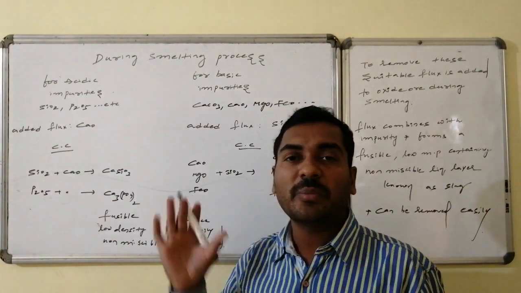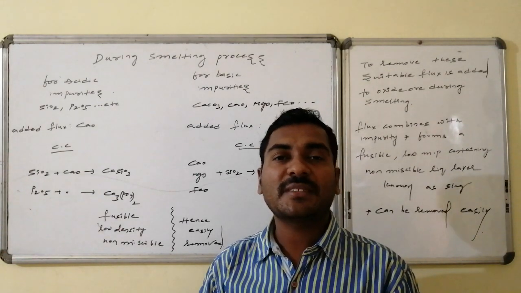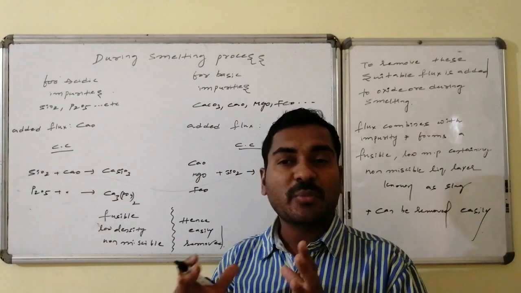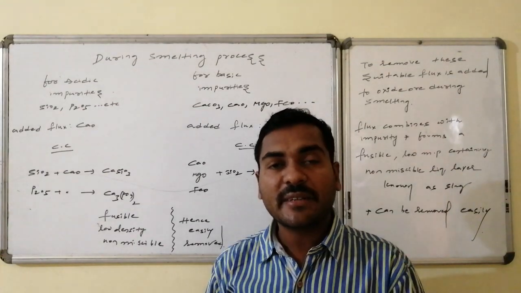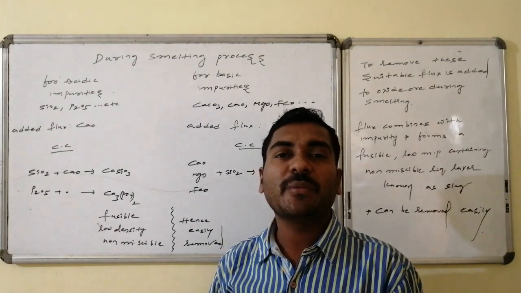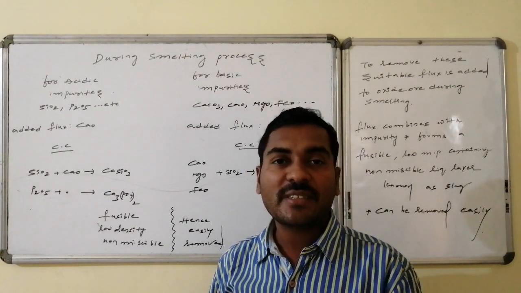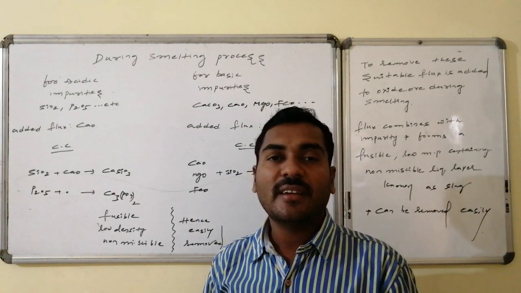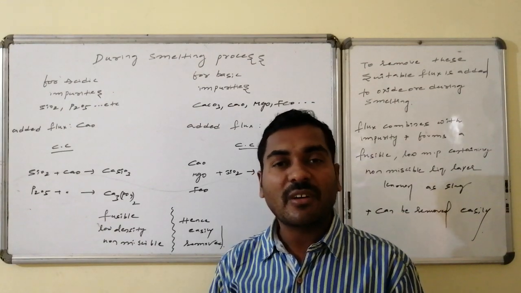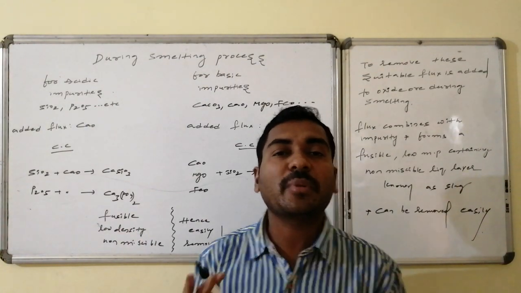This whole process is part of a reaction occurring in the blast furnace in the presence of reducing agents also. Hence smelting occurs at high temperature. A fused situation has to be created for the impurities, because removal of impurities is not easy. If impurities are converted to a fusible state, with lower density and non-miscibility, those which are not easily removable can be removed under this process known as the smelting process.